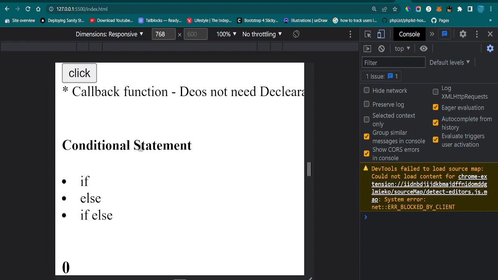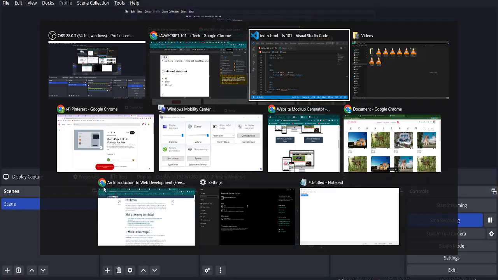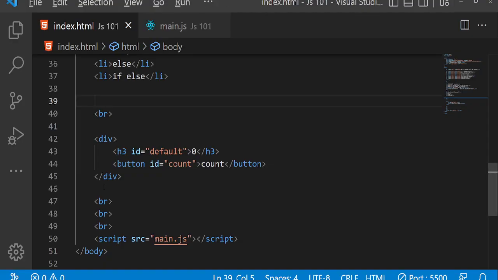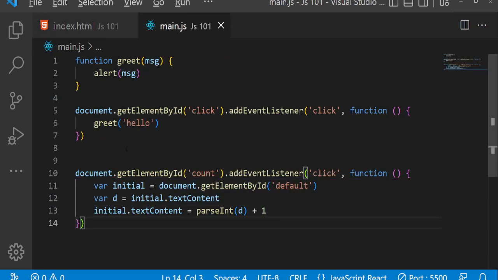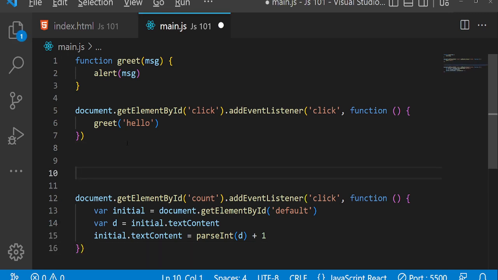Do you get it? So in JavaScript, we use the if statement to check if something is true or not. You can check if 1 is equal to 2. Is 1 equal to 2? No, 1 is not equal to 2. So that is going to return what? That's going to return false. For instance, if I should say if